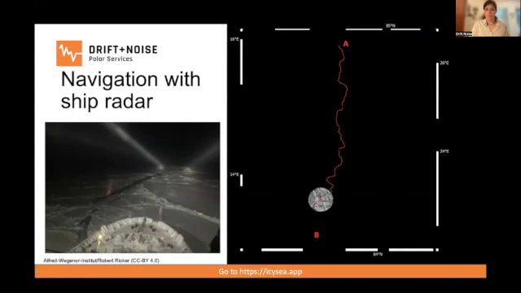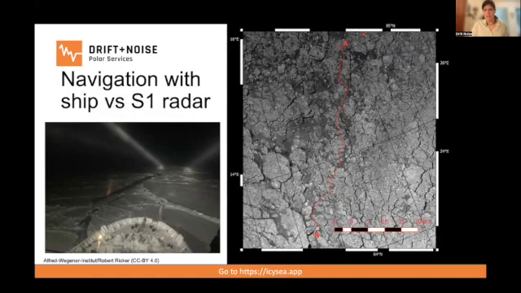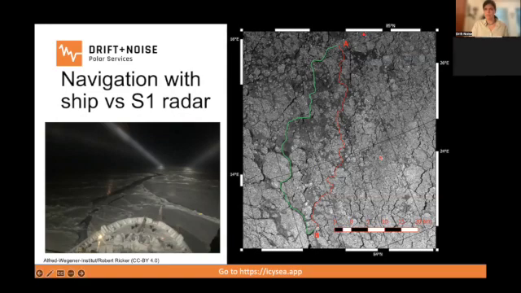from A to B only with the ship radar. However, if you would have access to the entire Sentinel-1 image here as a radar image, you would have seen that there was a much faster and better alternative route, which you see in green here, going from point A to B. So that's really what we want, is to give you access to satellite imagery in IcySea to allow you to find the best routes through the ice.